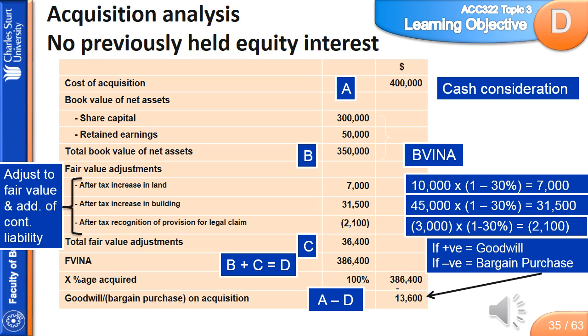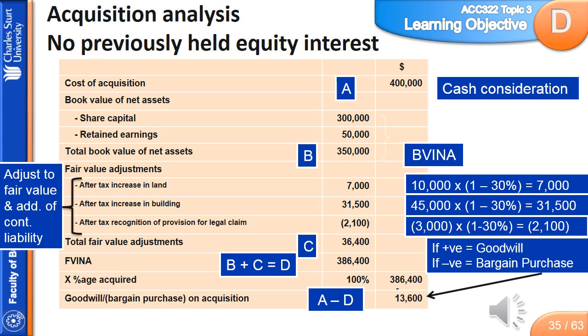However, there'd need to be some additional entries required to the parent's books following AASB 9 Financial Instruments. We'd need to recognise the increase or decrease to the fair value of this portion within the profit or loss accounts, unless they recognised